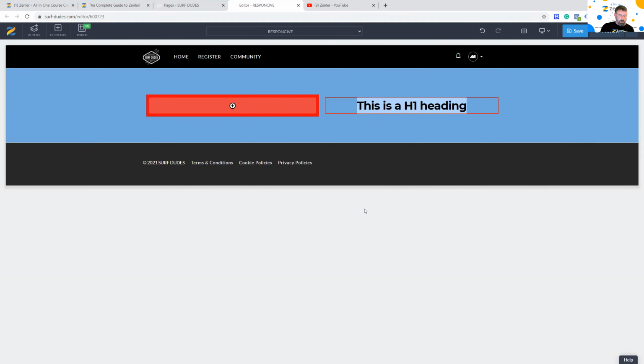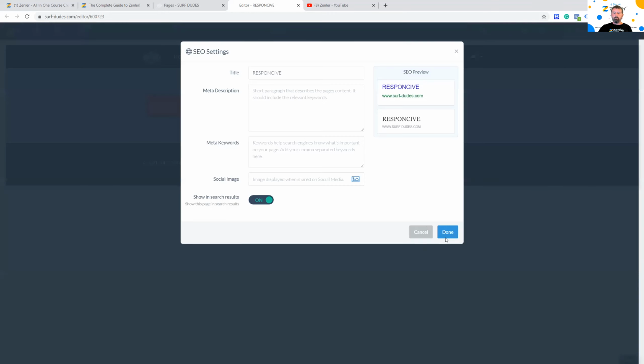By default, because this page is one row, 2 columns, what happens as you bring the browser down, or it's on a mobile, is the block will go underneath the other block. So let me just save this out and then we'll preview it.